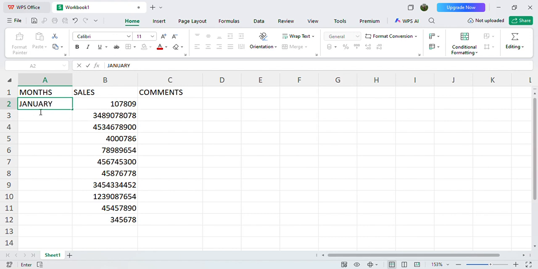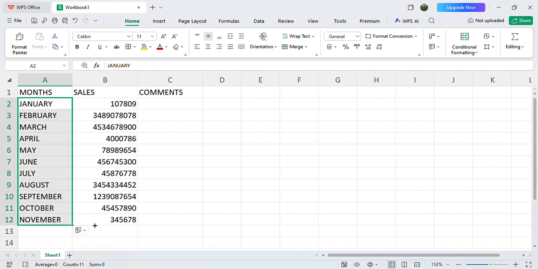After you've written January, it is very simple. Instead of literally filling in each and every month, Excel can do it for you easily. Just put your cursor somewhere there until it produces that cross. Then drag until the last cell, that is cell A12. A12, I think, yeah. So let us drag. We are just going to drag it this way up to the last cell there.